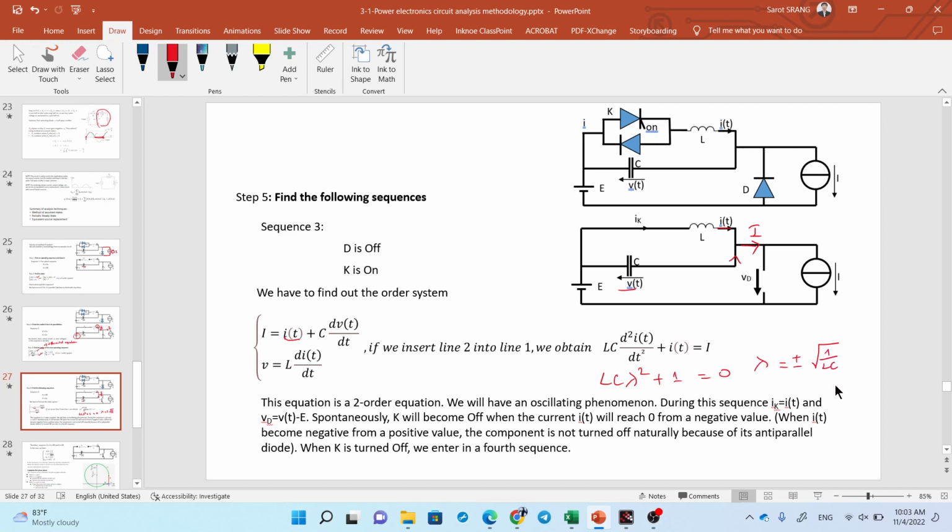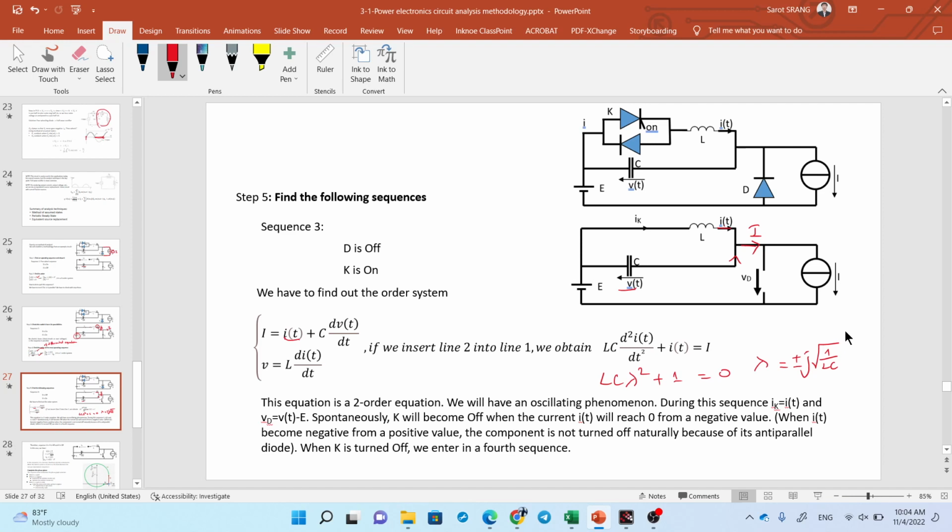Like this? Anything missing here? Minus? But actually minus in here. Minus 1 inside. So you have